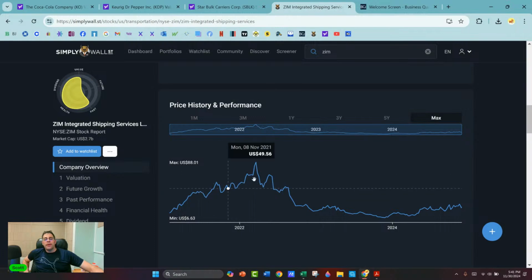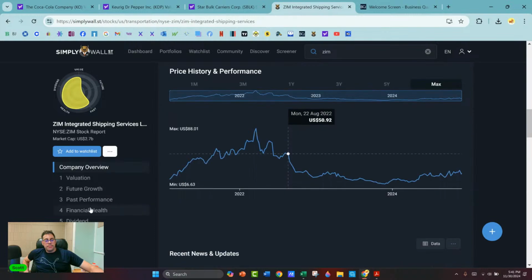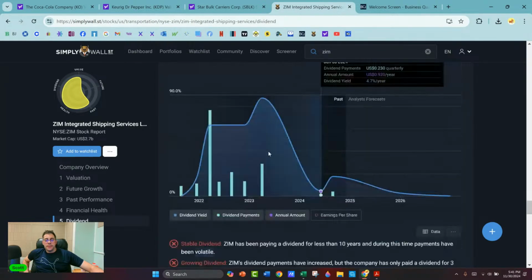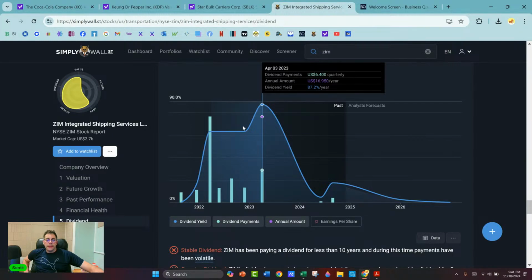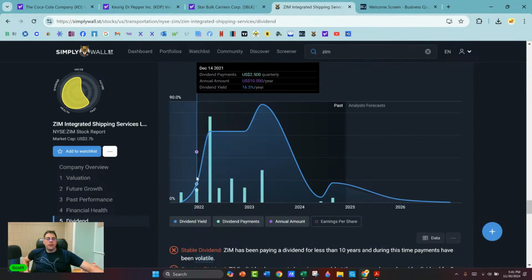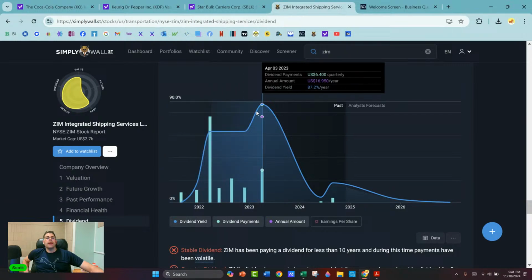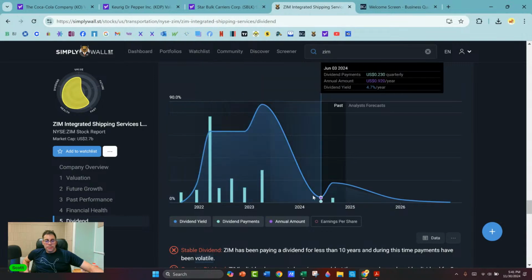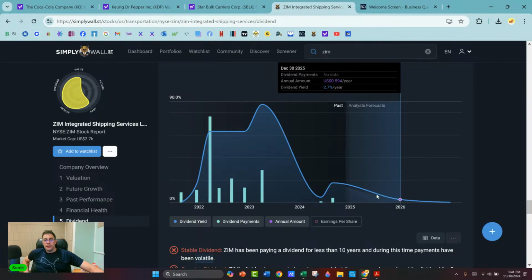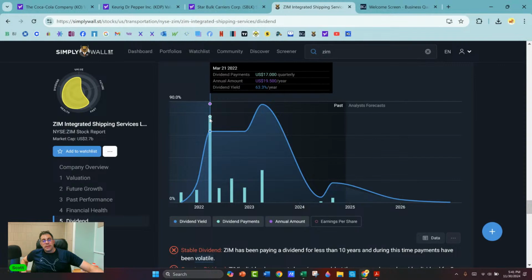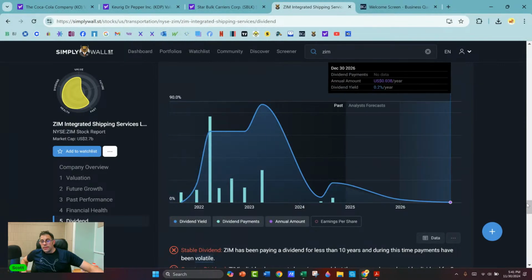So I know there was a lot of buying when they were paying like an 80% dividend yield, 87% at the peak, and they paid it for 2 years. They were paying a dividend of over 30% for 2 years. But then they totally eliminated the dividend. They did bring it back recently, but they're probably going to pay another really big dividend